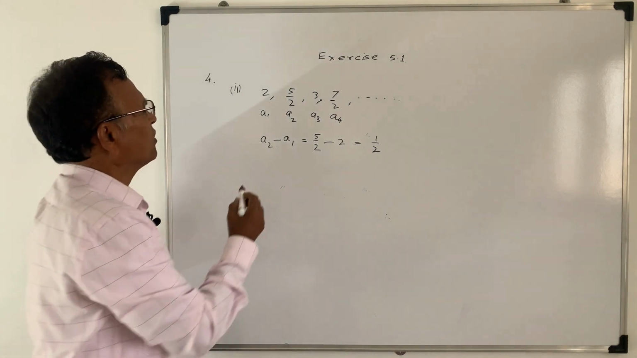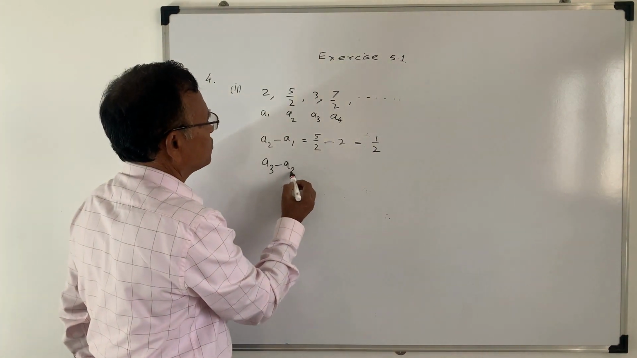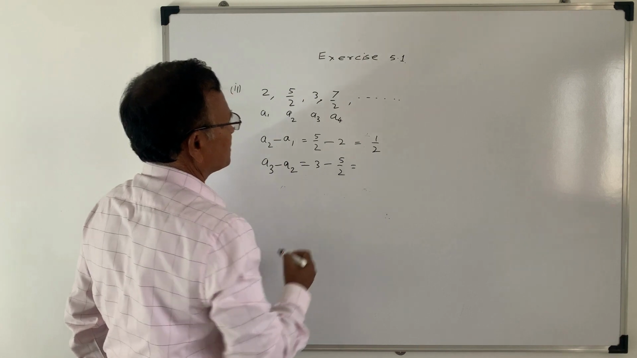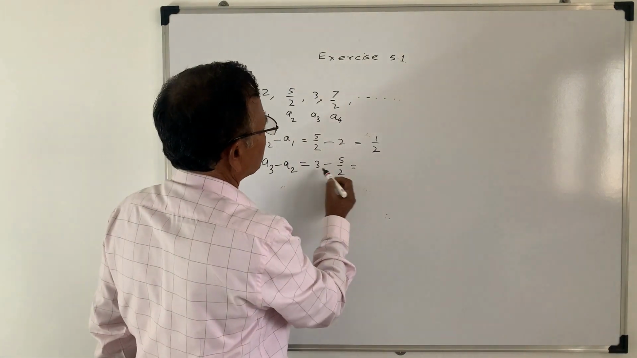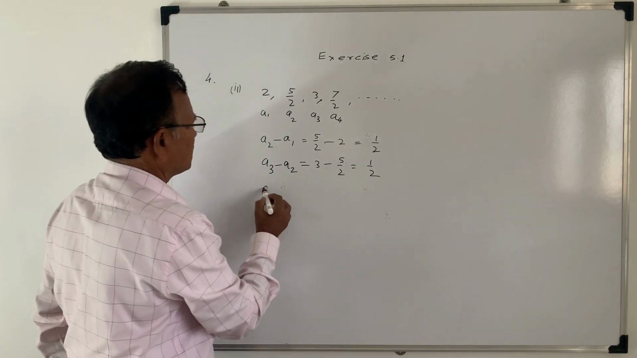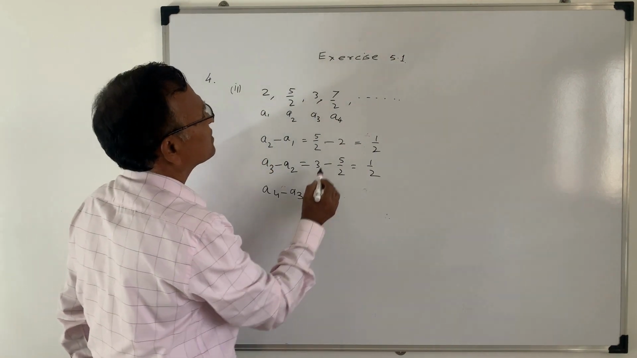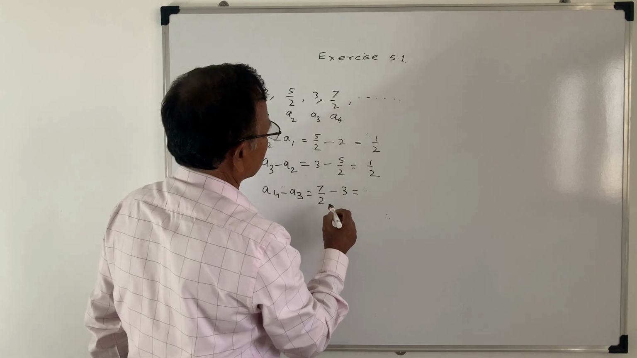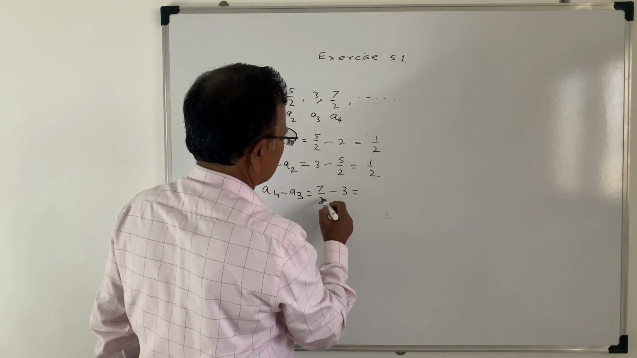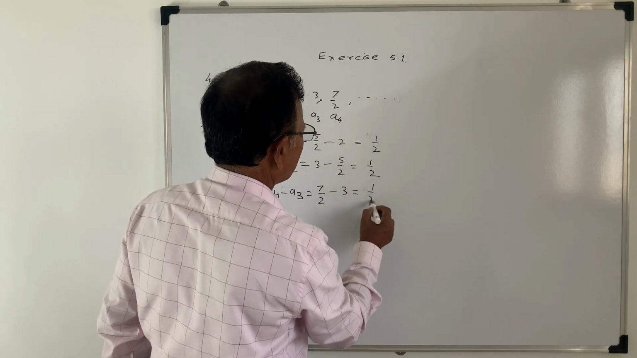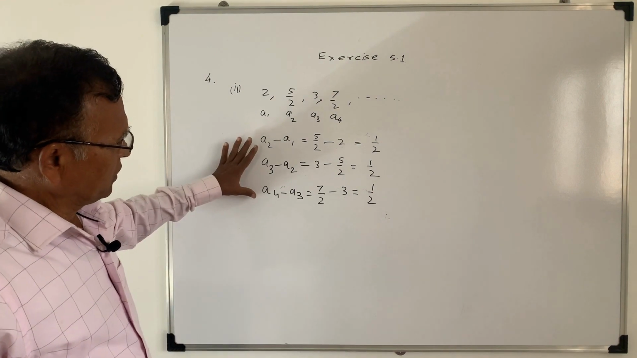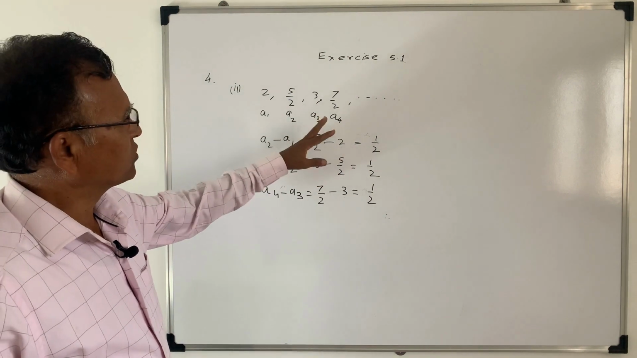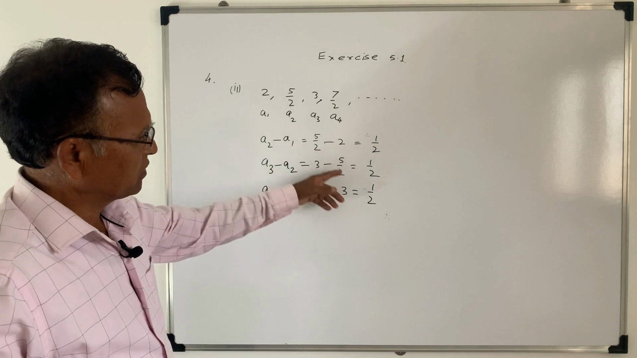ठीक है, A3 माइनस A2 इसमें 3 माइनस 5/2 है। सो दिस विल बी ऑल्सो 1/2। A4 minus A3 that is 7/2 minus 3। इसका कॉमन डिफरेंस है 1/2। So it is found that the common difference in all two terms in a given arithmetic progression is same,